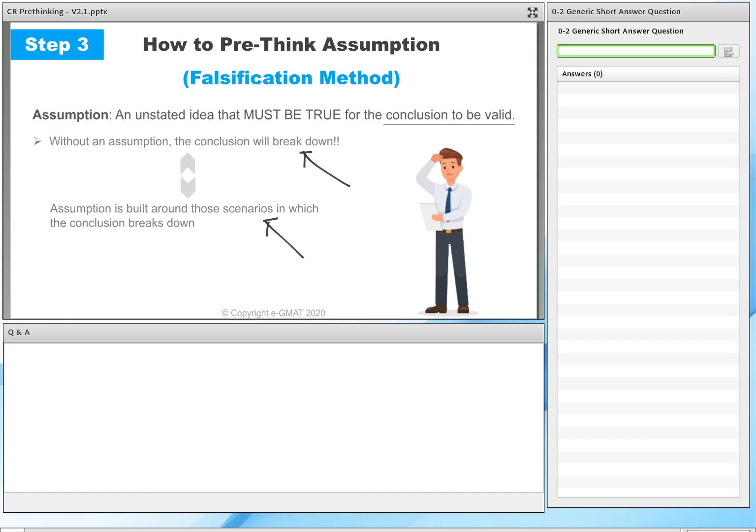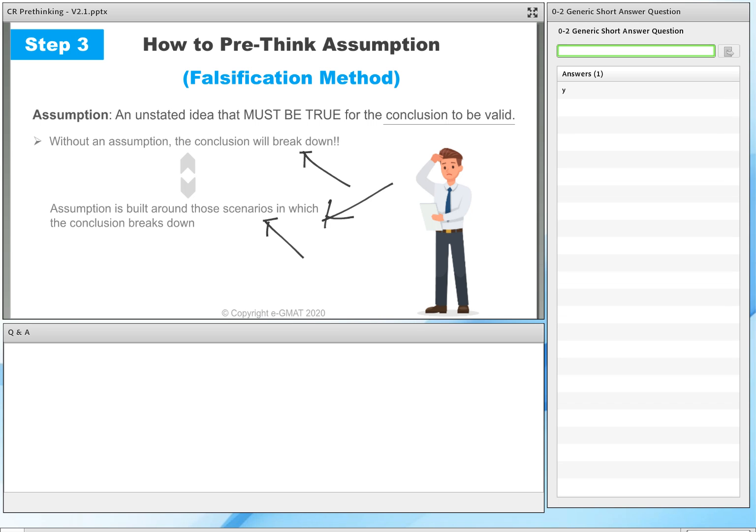Let's go back to that house visualization. If you were someone who was building pillars and you had to figure out where to position those pillars, the question that you would ask is, where is the roof caving in? That's the first place you're going to put those pillars, right? The assumption works the same way. It's built around those scenarios where that conclusion breaks down. Does that make sense? Building a house: figure out where the roof's caving in, put pillars over there. That's your assumption,